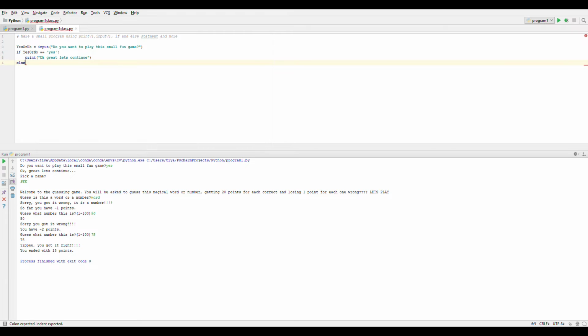Else, print bye then, and exit. Now you see that in the first statement of if and else, we do this, and the second statement, or